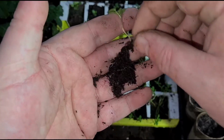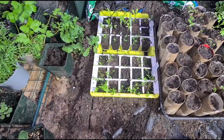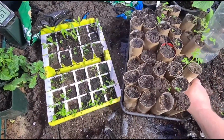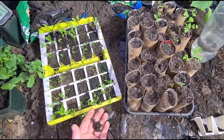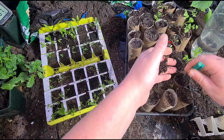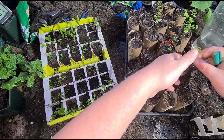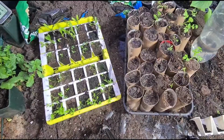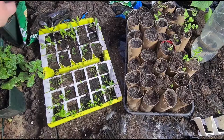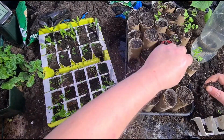What we'll do then is move around here, take it round, spin that round, just move this out of the way. I need to do it with this one, just a little bit of space. Whatever you do, do not hold it by the stem, anything but the stem. Get a little bit of compost from the back, just a little bit of compost here, and all we need to do, this is what I like to do,